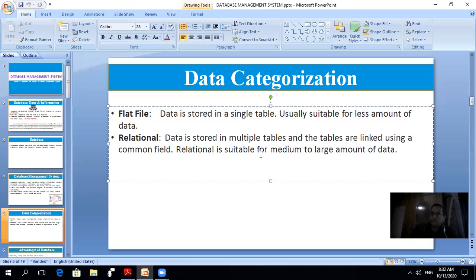Relational is suitable for medium to large amount of data. So means the difference between flat file and relational is, flat file is used for less amount of data, whereas relational file is used for medium to large amount of data. Here we can store data in multiple tables, and tables are connected using a common field. तो दो टेबल में एक फील्ड ऐसा होना चाहिए जो कॉमन होगा. Next,